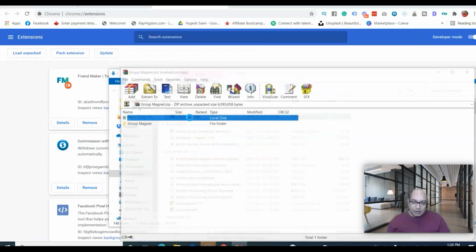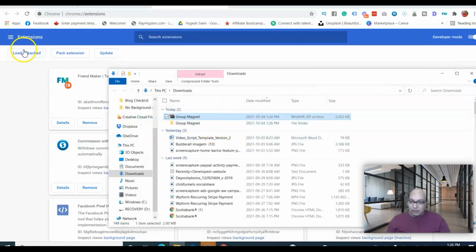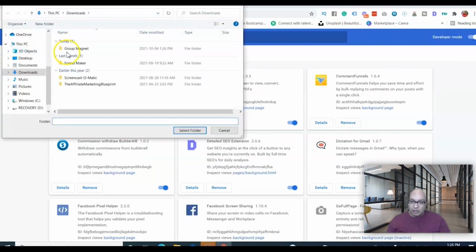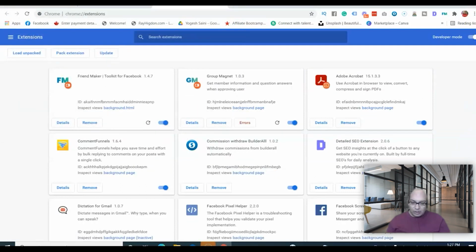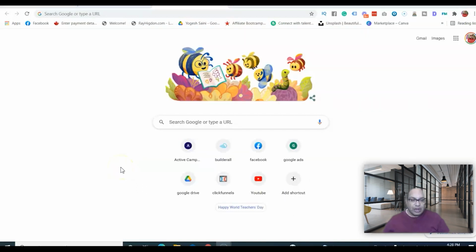So I'll unzip it, and then you go to and click on this, and right here you will have Group Magnet right here, and make sure this is on. So once that is done, the next step is you got to go and install this initially to get this up and running. After you install the Chrome extension, what you want to do first is let's go right here,